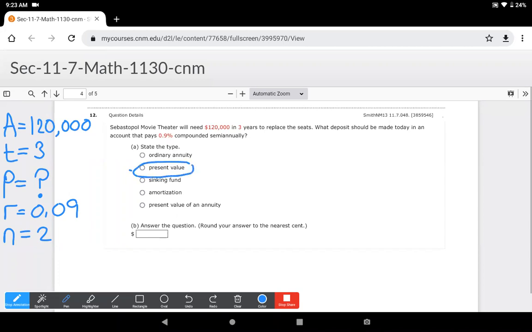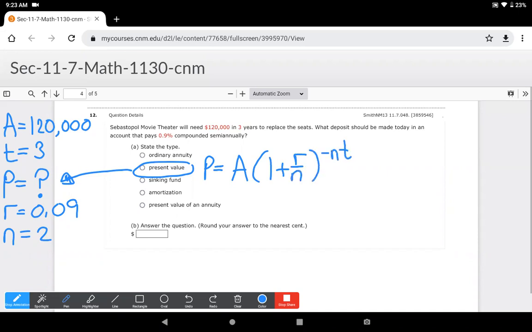And I even said that when I said what is the present amount that should be in the bank account right now in order to build it up to this amount, right? So present value. Then we have the formula that P equals A times 1 plus R over N to the